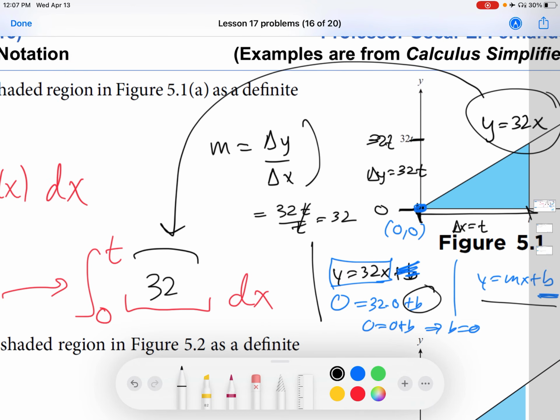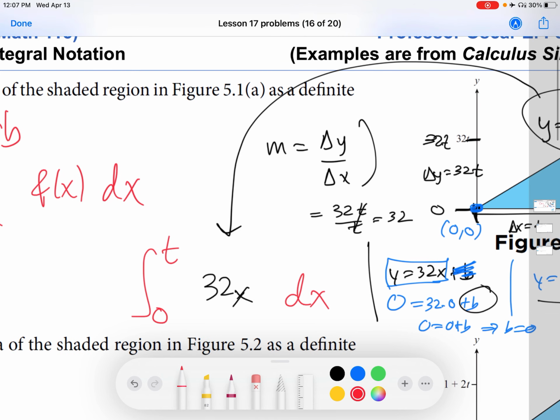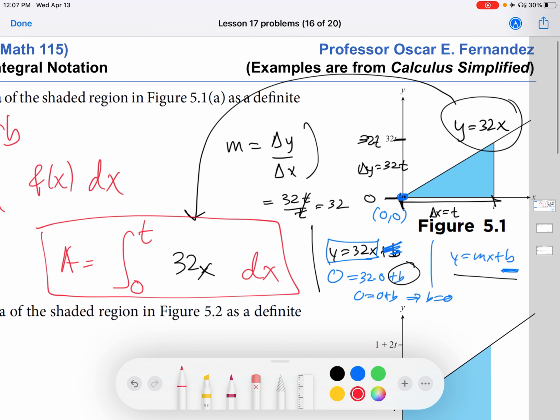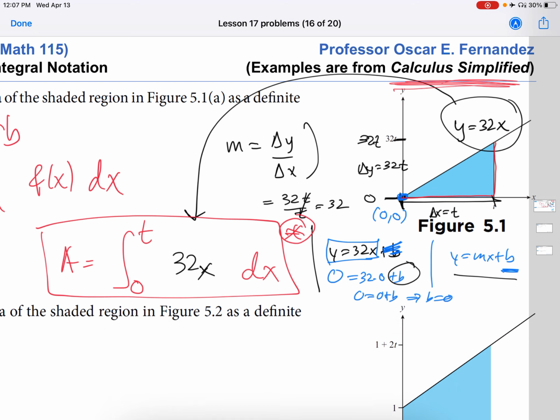32x. So this is the definite integral that represents the shaded area over here. In terms of just notation, right? We are at this point in the course talking a little bit in chapter 5 about how to connect integrals to areas between the graph and the x-axis, like this one. This is the area of a triangle, so we could actually calculate this integral if we wanted to, right? Which is pretty cool,